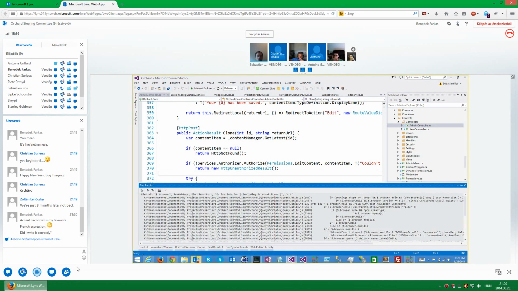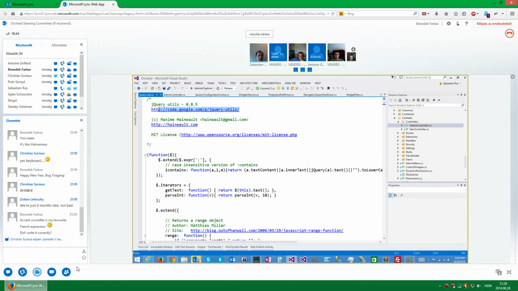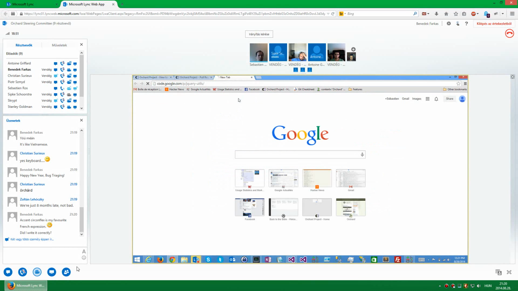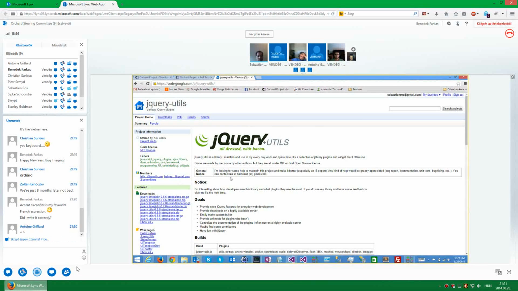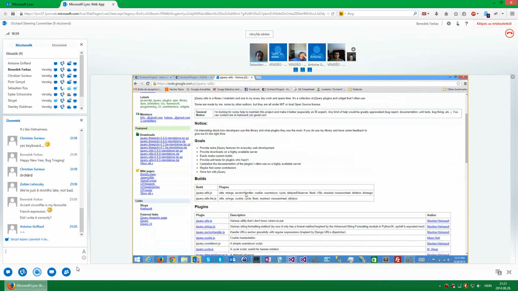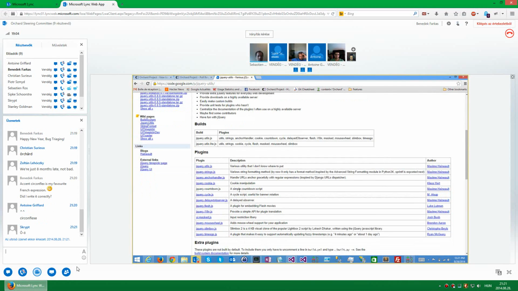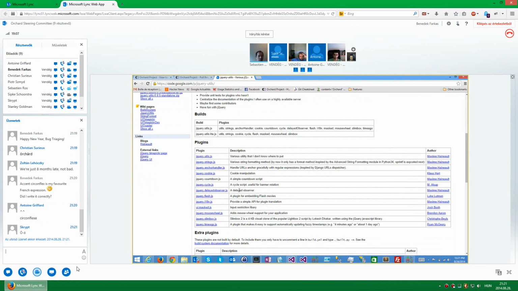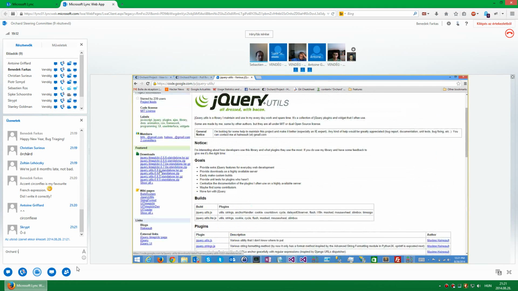jQuery utils, so we haven't updated jQuery utils. That's the issue. I'm not sure we are using jQuery utils anymore, but 0.8.5.